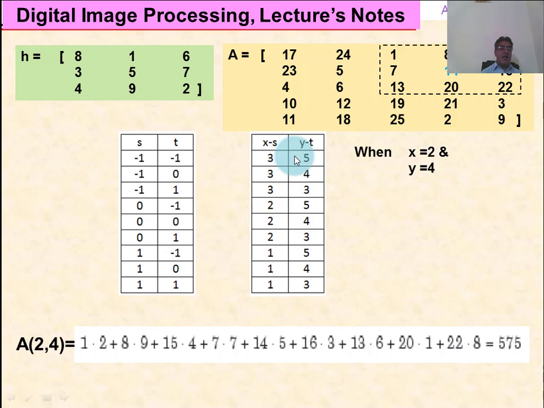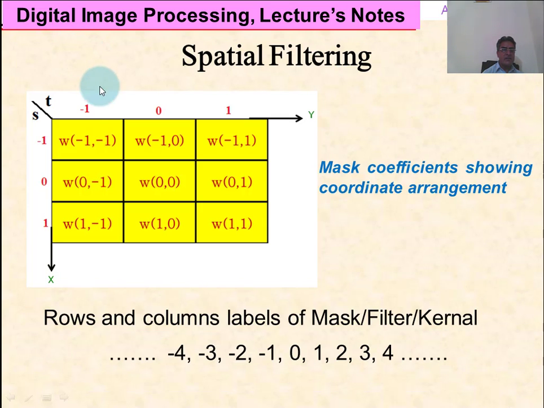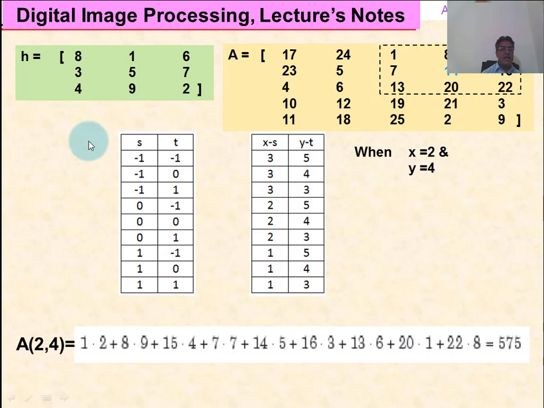3, 5. And you see, this is the minus 1 and minus 1 location. Minus 1 and minus 1 location is the first location of the kernel. You may see it here. Minus 1 and minus 1 is the first location of the kernel, and this first location we are multiplying 8 with the 3, 5 location, third row and fifth column, that is 22. We are multiplying this 8 with 22. Here you may see we are multiplying 22 with 8 in the convolution operation of the rotated kernel. But here we are not rotating, but we are performing the same operation.